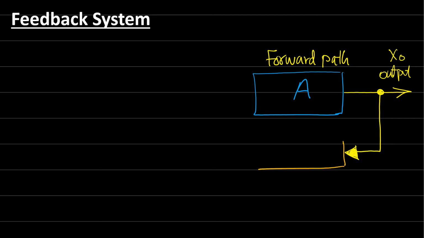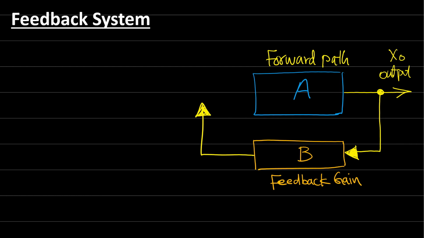This feedback system can be a sensor, or anything, and it gives the value back to the input to make a comparison. Let's say that this feedback system has a gain of B, which is called the feedback gain. We return this signal to the input to make a comparison. When we compare the input and the output, we know the error, or the desired value that we need, and supply the system again. So this is the general behavior of any feedback control system.